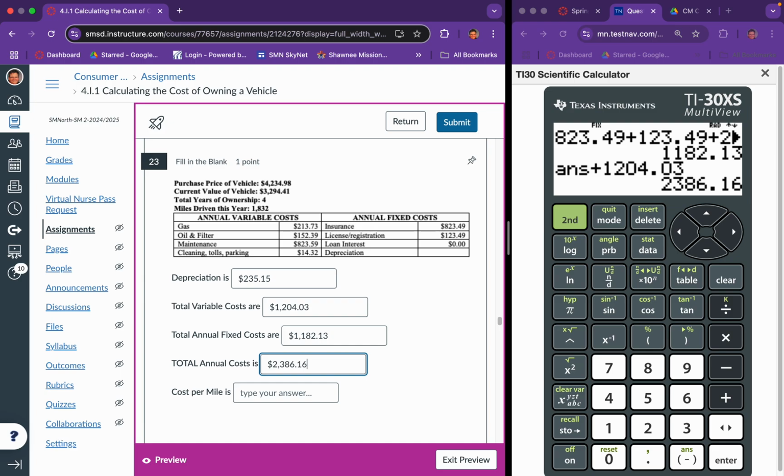insurance, registration, everything, including depreciation, you will have spent $2,386.16 on your car. What do you get for that? You drove it. Very minimal. You barely drove it at all. You drove it